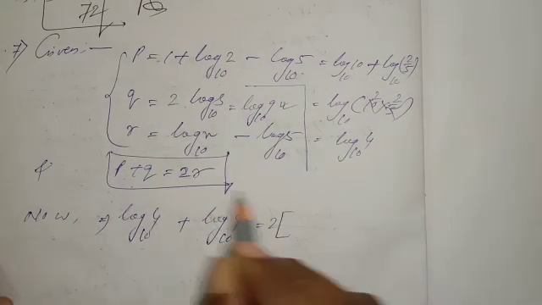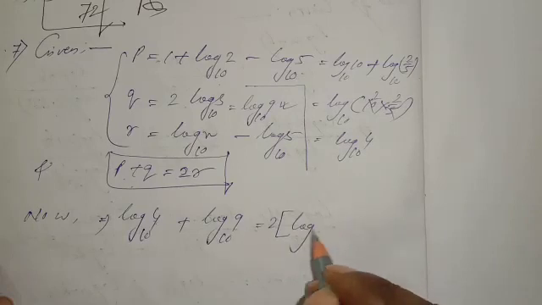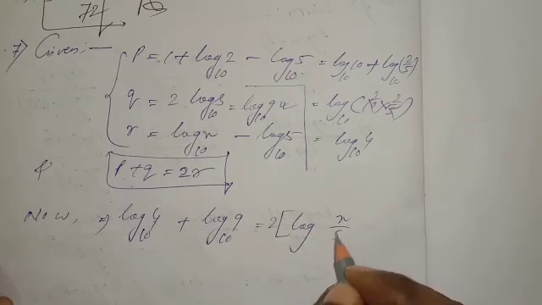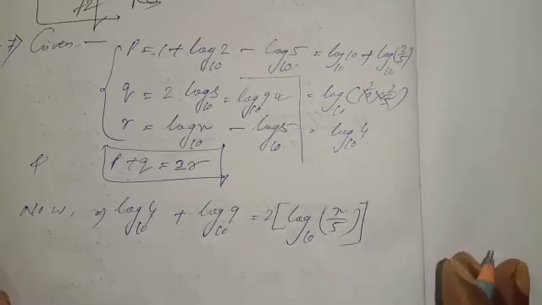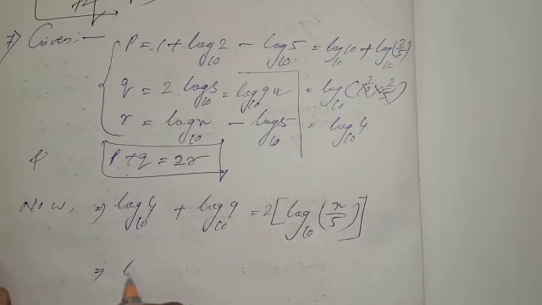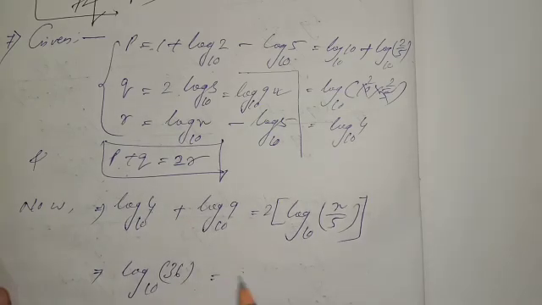2R. R means what? Log x by 5, as it is a minus sign, base 10. Directly I am doing. After that, log, this will be 9 fours are 36 base 10, as it is a plus sign given in the middle, and this will be log of x by 5 whole square base 10.